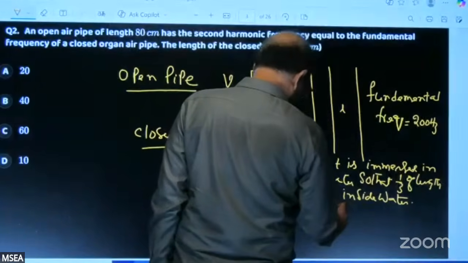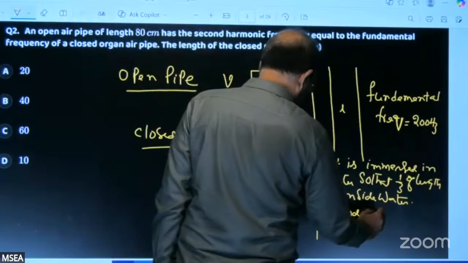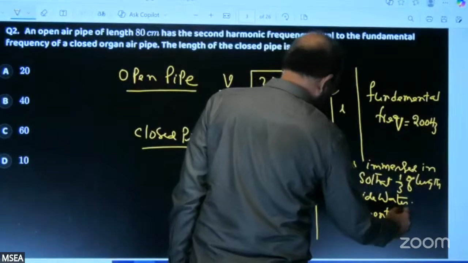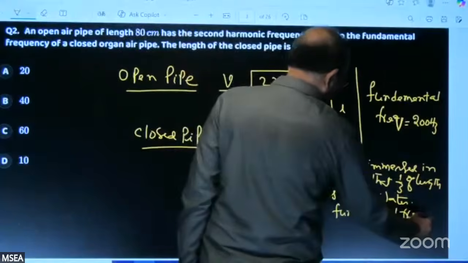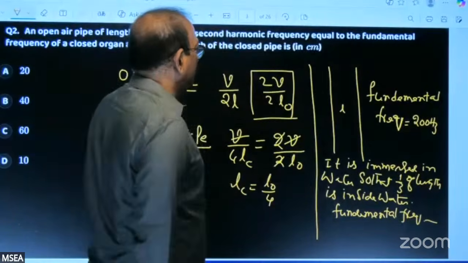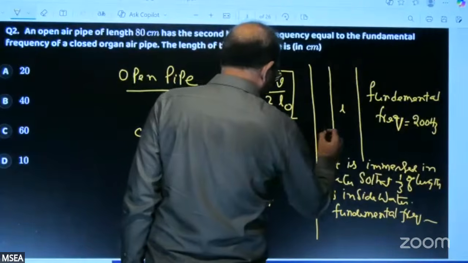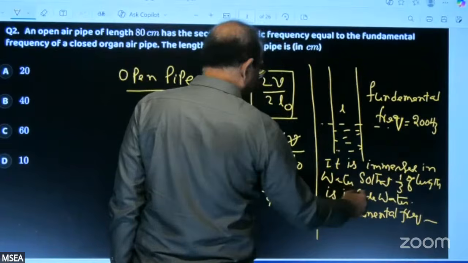Then what is the new fundamental frequency? 1/3 of the length is immersed in water. What is the new fundamental frequency? That is asked. If this open pipe of length L is immersed in water so that 1/3 of its length is